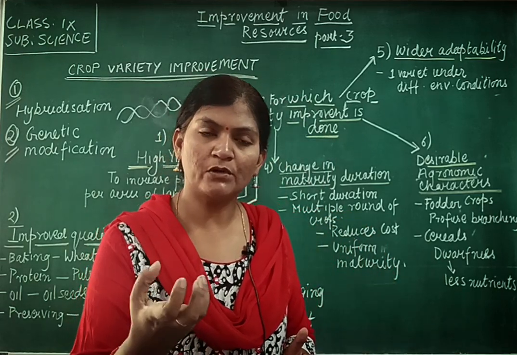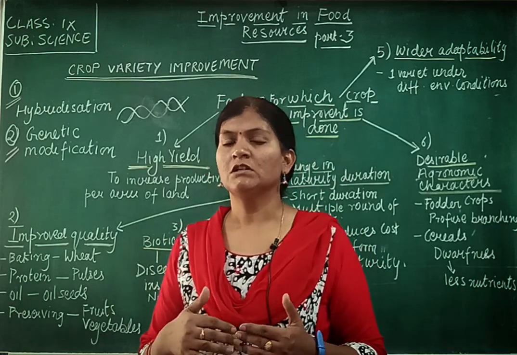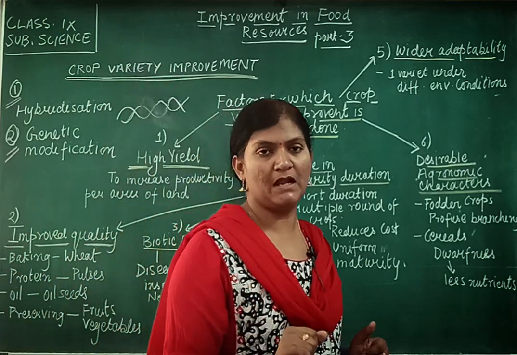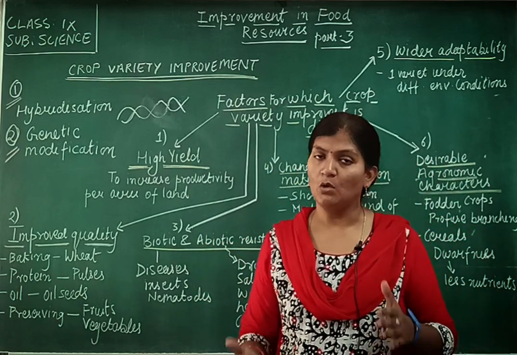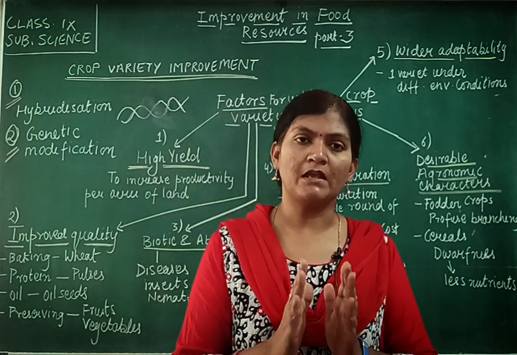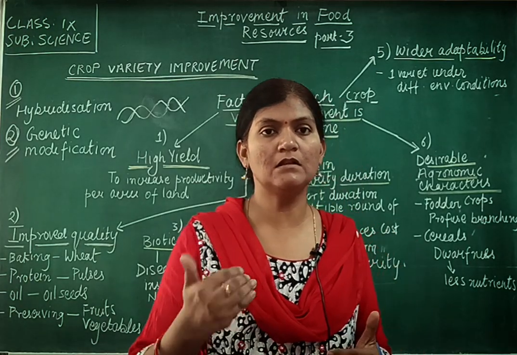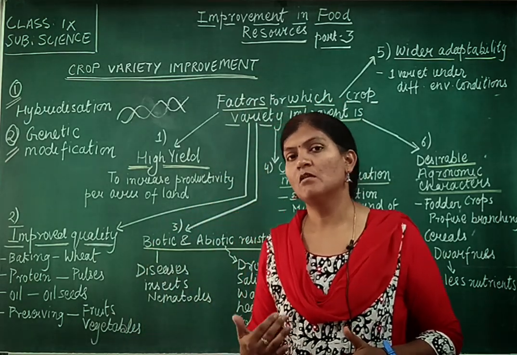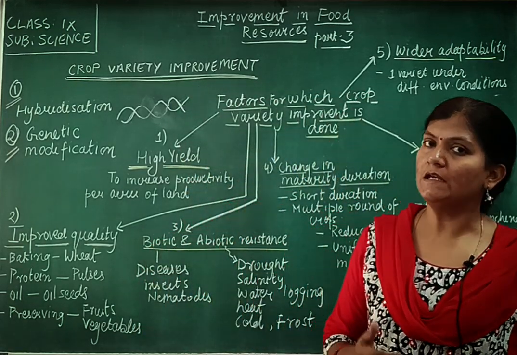I want to recall, hybridization is the process of crossing over the characters of two genetically dissimilar plants in one plant, and the new plant formed is known as a hybrid plant, which will have the combined characters of both. So we combine the characters of two different plants in a single plant by hybridization. Next, the second method is genetic modification. So today we will learn what genetic modification is and how it is done.